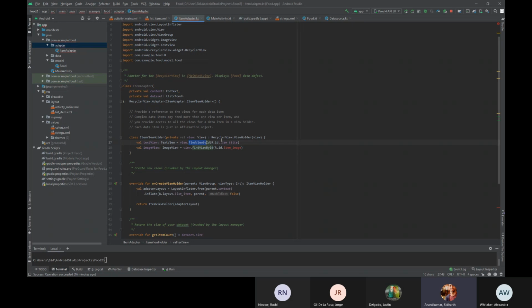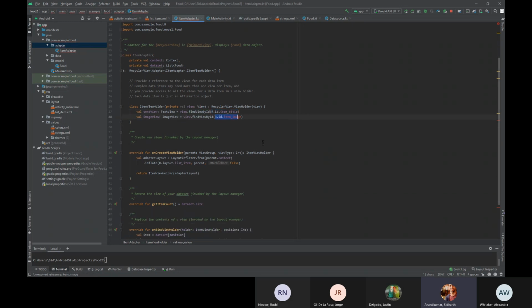So findViewById is the backend view binding that we talked about earlier, and it's simply able to look at the title and then add it accordingly. So once that's done,